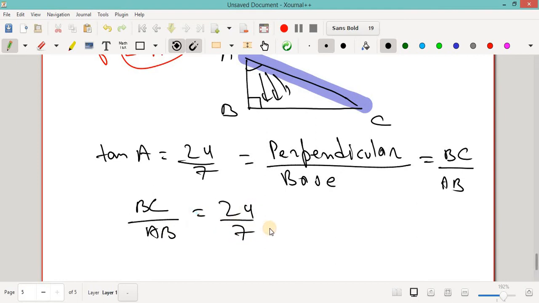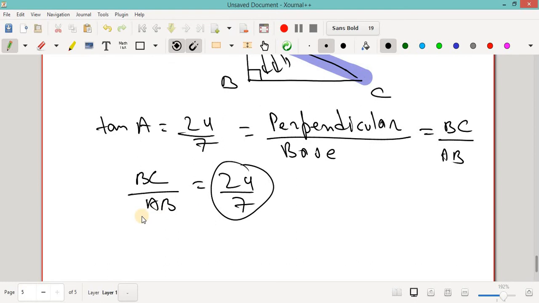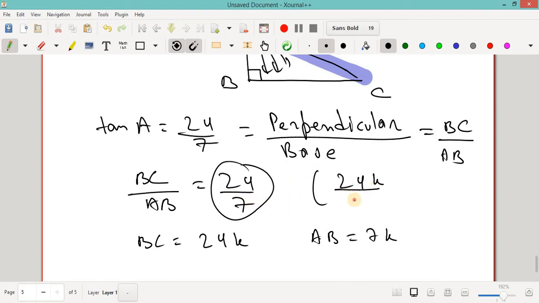Okay. Now students, very important thing: when this is a ratio, this is not a side. Don't take BC as 24 and AB as 7. No, it is mathematically wrong, because this is in simplest form. So we will take a unit or constant in our case. So we can simply write that BC equals 24K. We are taking K as a unit. It can be any unit, and we will take AB as 7K. Why? Because suppose I'm writing here 24K by 7K. Now K will cancel, so 24/7 we are getting.